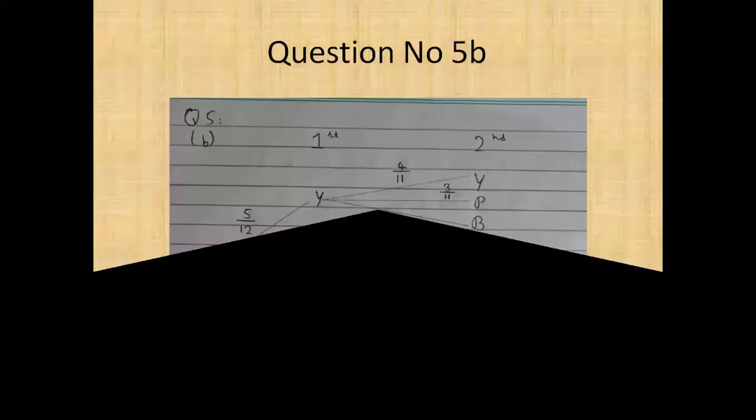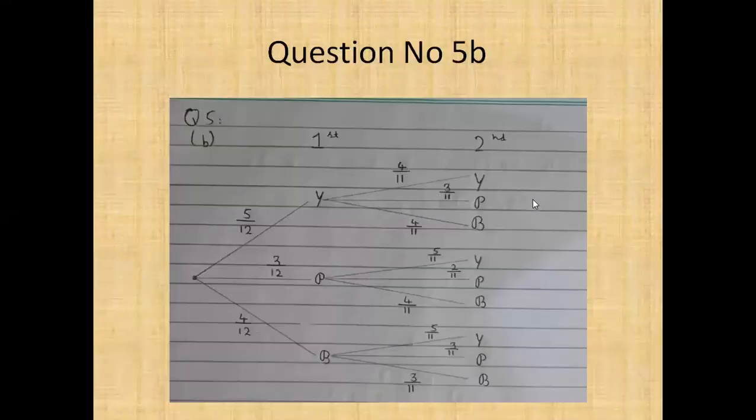So here you can see we have drawn that, and the probability of getting the yellow is 5 by 12, 3 by 12, 4 by 12. If a yellow is out, then the total will decrease by 1, and the yellow number has also decreased by 1. The rest of the numbers are the same. If the pink one is out, the total number will change. The yellow will be the same, pink will decrease by 1. The black one is still the same. If the black one is out first, then the total number will change, and the yellow and the pink remain the same, but the black one has decreased by 1. So we are looking for,